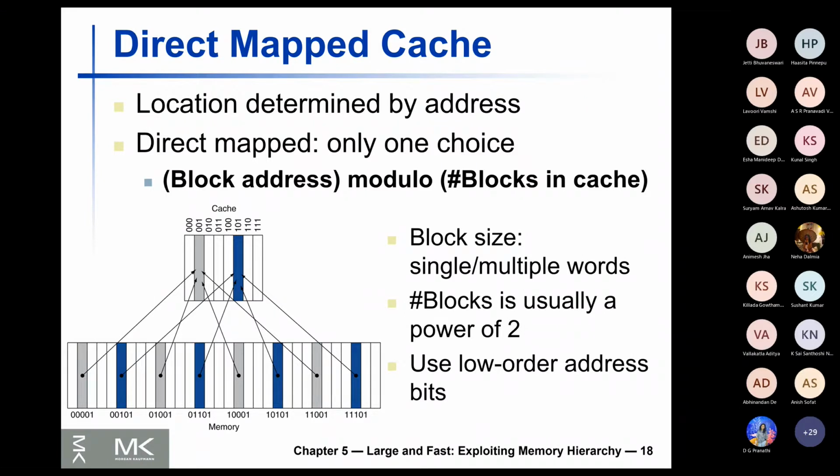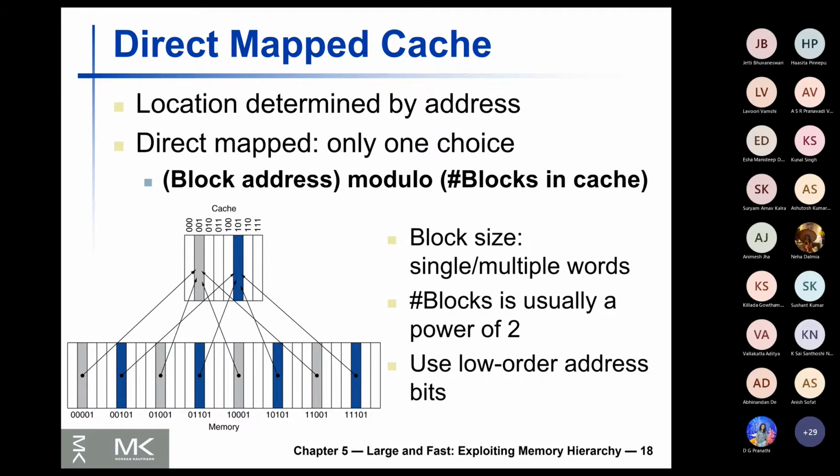The many-to-one mapping creates collisions, and the performance of the cache in terms of the number of hits and misses, when you have a sequence of addresses, depends largely on two factors. One is this mapping mechanism, and the second is, of course, the sequence of block addresses that you are dealing with. If you are lucky, your number of misses might be less, but if you are not that lucky, the number of misses can be very high.